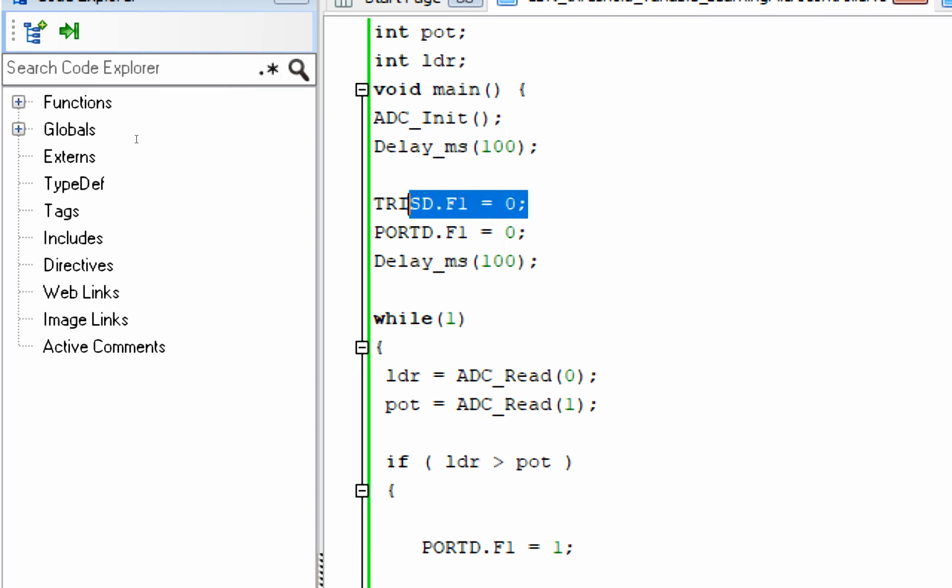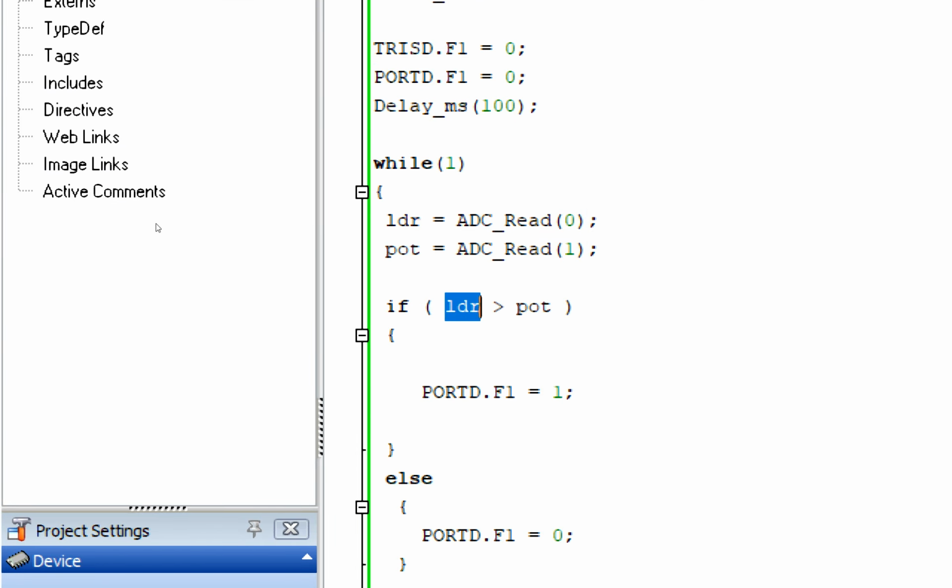This will initialize that, like in Arduino we write pinMode OUTPUT. Here we write TRISD.F1 output. This means the LED pin is now an output pin, and the initial state of the LED is 0. Now whenever the LDR value goes greater than the potentiometer value, this pin will turn on, and these two commands